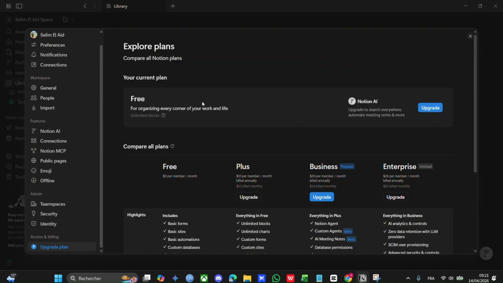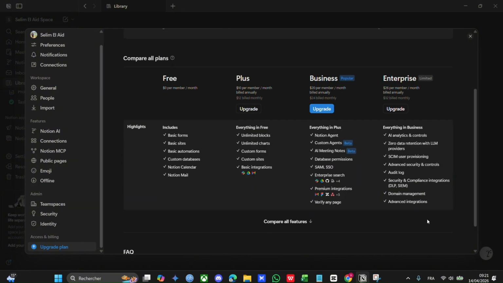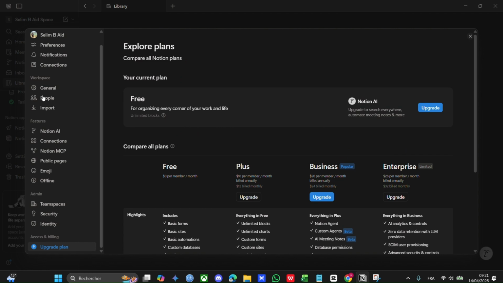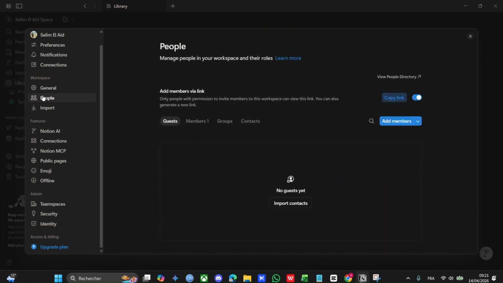Simply send a message clearly stating that you want to cancel your Notion AI add-on. Make sure to use a clear subject line and include your account details so the support team can verify your